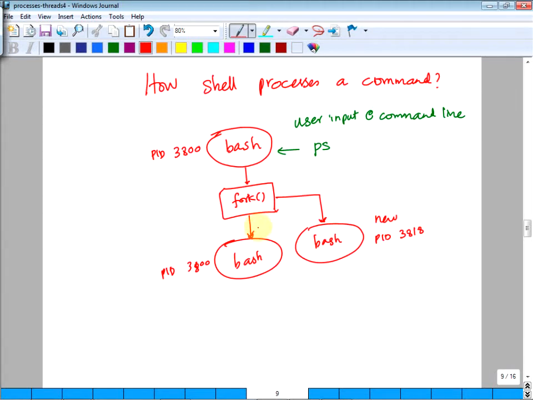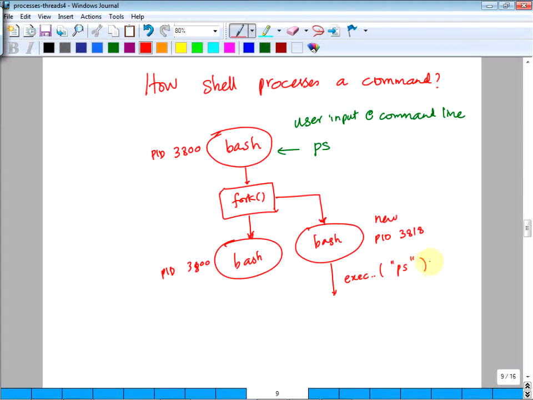So fork returns a PID of 3818 to the parent. So that's how we know it's a parent. The parent gets the child's PID and the child gets a 0. Then the child, since it knows which one is a parent and which one is a child, goes and does exec, and we'll see the details soon.